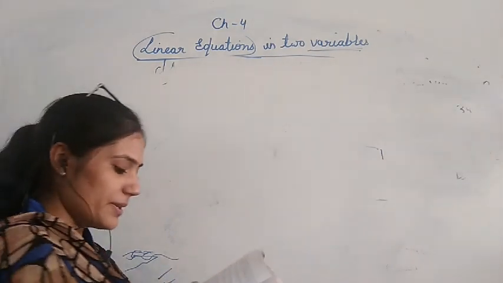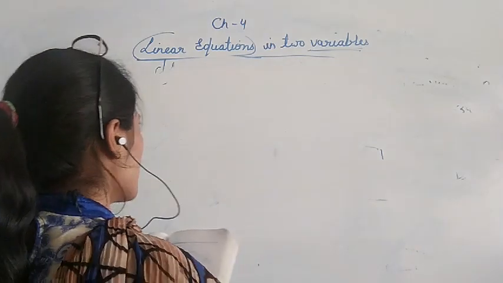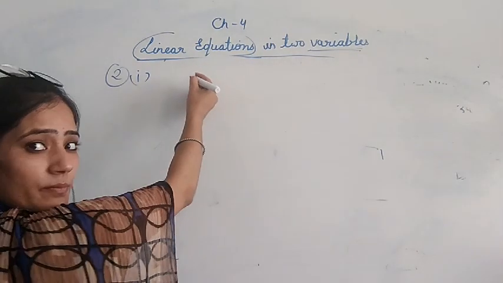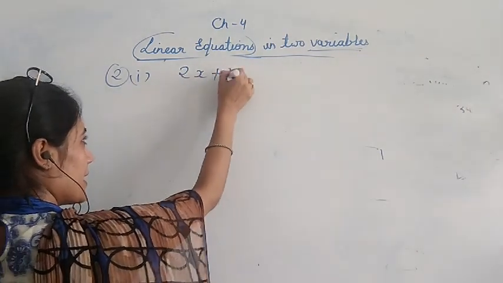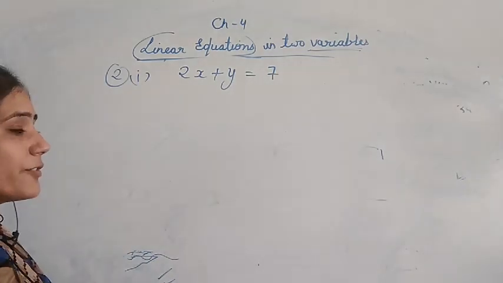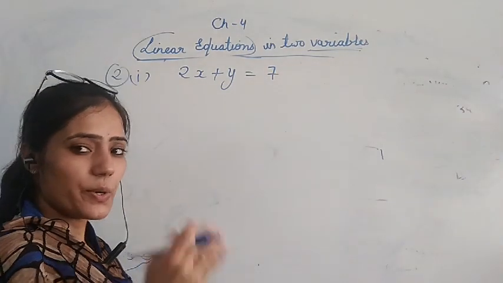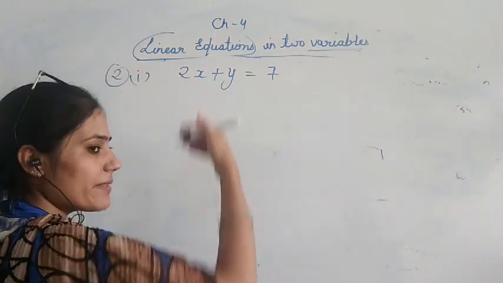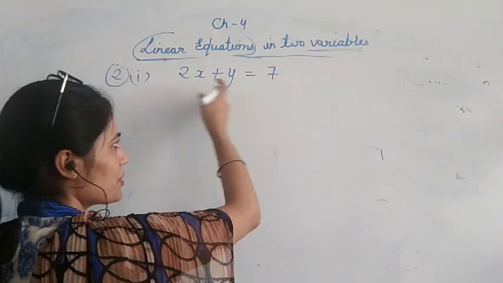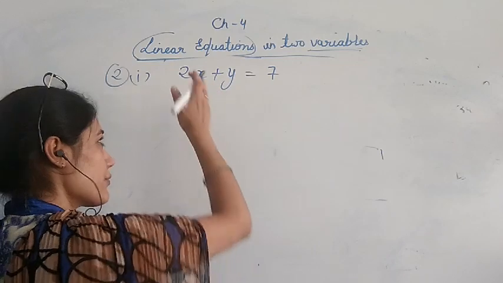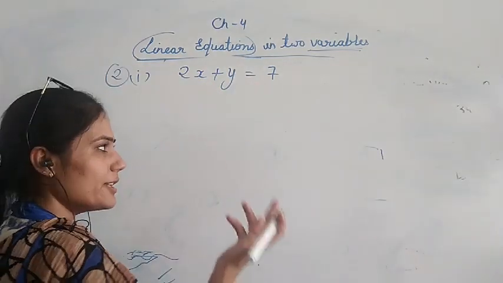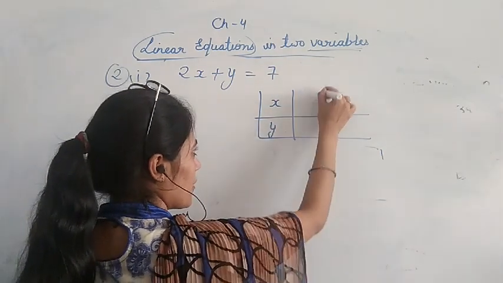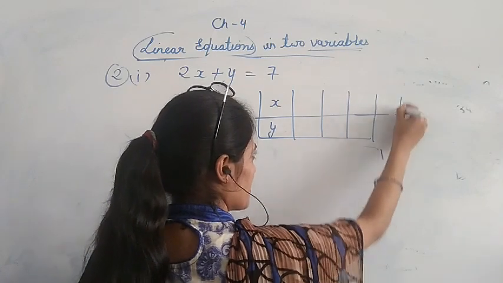Now you see question number 2. Write 4 solutions for each of the following questions. First equation I am taking 2x plus y equal to 7. I have to find 4 solutions for this equation. Okay, 4 solutions. Anywhere you can put the values. Means one we can suppose and one we will get. So one you can suppose y value also, another you will get the value of x, and if you are supposing x value, then you will get the y value. It is up to us which we are supposing. So I will make first table xy 4 column because it is asking for 4 solutions.